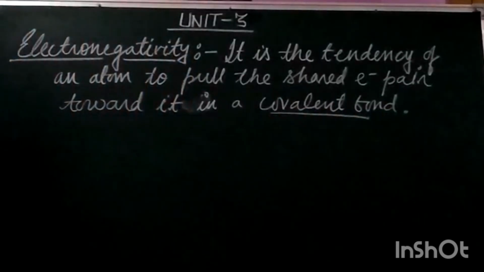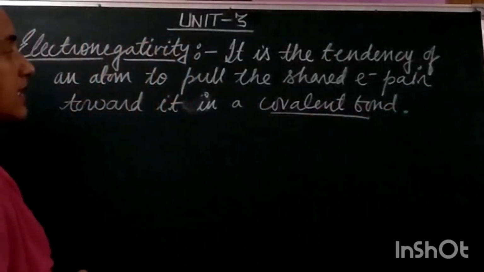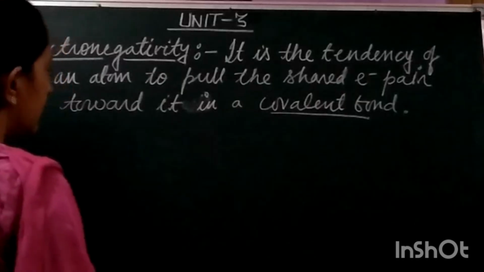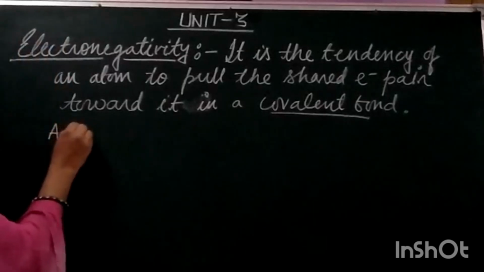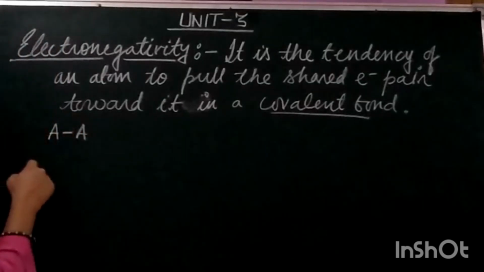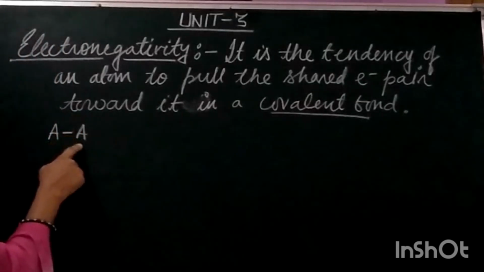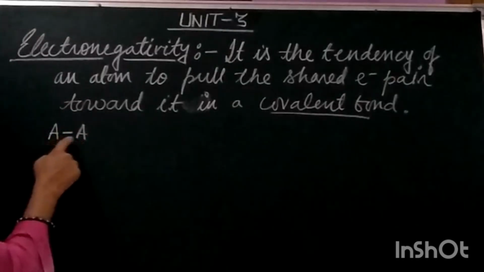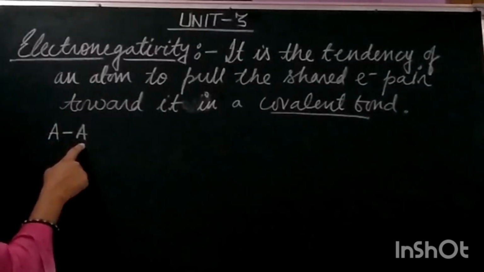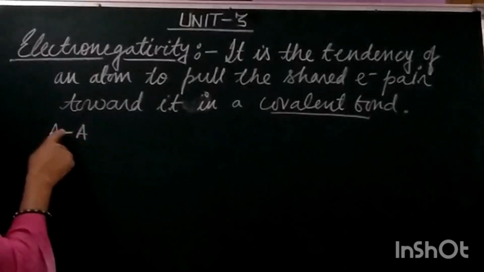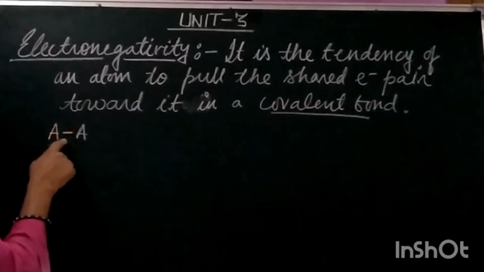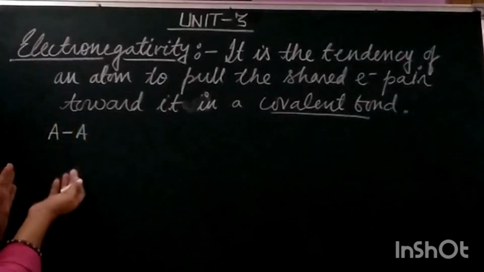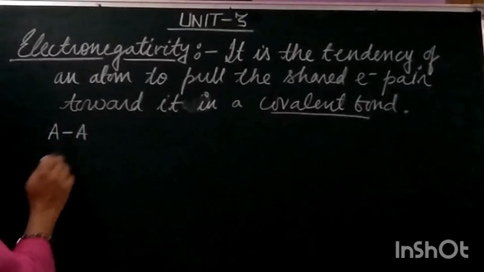based on your previous knowledge also, a covalent bond is the bond formed by the sharing of the electrons between the two atoms, right? So if we have A and A, this is a molecule which consists of two atoms of the same element. In that case, the covalent bond is formed between the two same type of atoms, right? So in that case, the shared electron pair will not be attracted to only one atom, but it will be shared equally between the two.